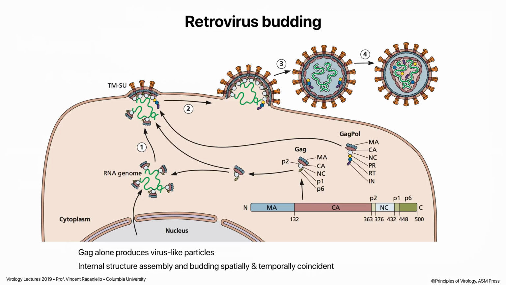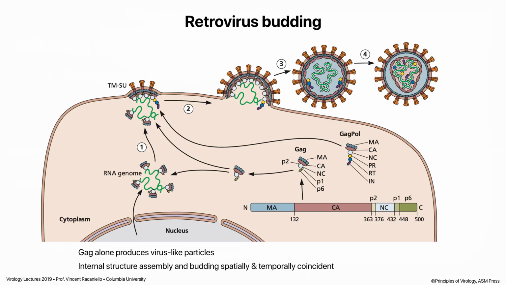GAG protein ends with a stop codon, and at a small percentage of the time that stop codon is suppressed and you get a GAG-POL fusion. And so that brings the enzymes into the particle. So the matrix goes up to the membrane, brings in capsid, NC, then protease, reverse transcriptase, and integrase. You don't need a lot of that, so that doesn't happen very often. But you can see they're incorporated into the growing particle, and at some point the particle buds off, but it's